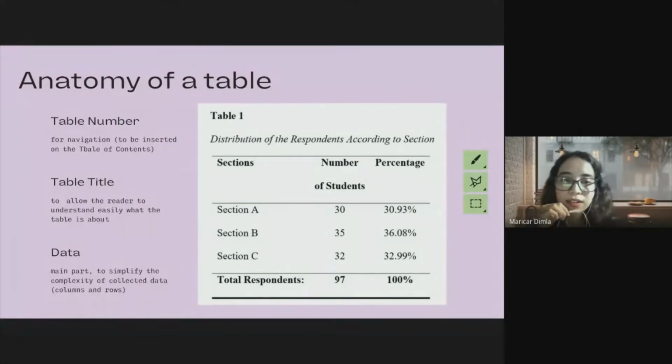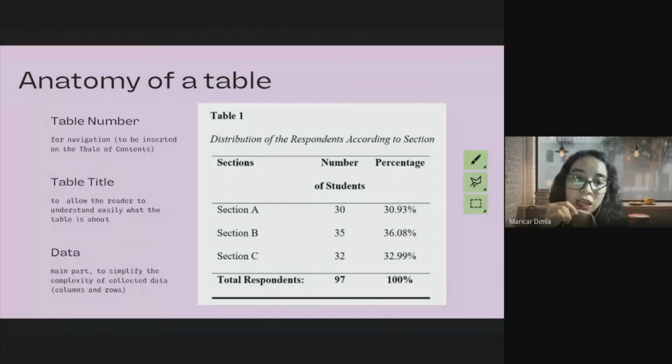Alright. So, ma'am, why do we need the table number plus the table title? Class, because upon accomplishing the table of contents, the pages for tables and for figures are different. By the way, class, when we say figure 1, figure 2, figure 3, these are the graphs or pictures that are placed in the paper. When we say tables, definitely, this one is an example of a table.